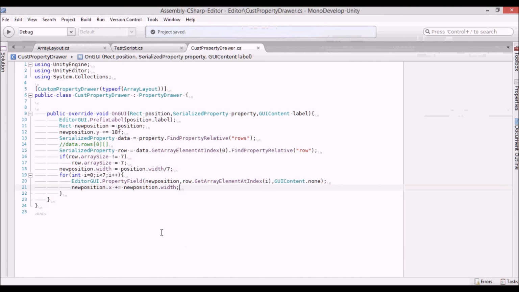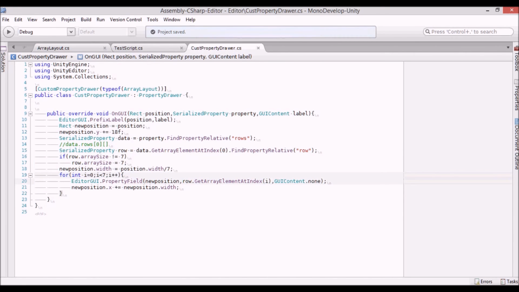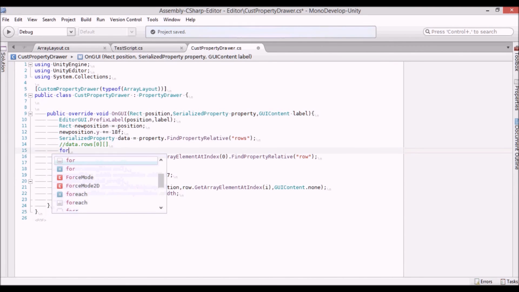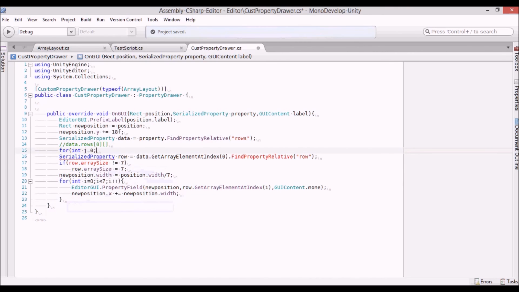So I'm going to solve that at the last, but I'll show you how to display all the seven rows in that array. So now we have one row. We just need to iterate this displaying of one single row 7 times. So what I'm going to do is write a for loop for 7 rows,